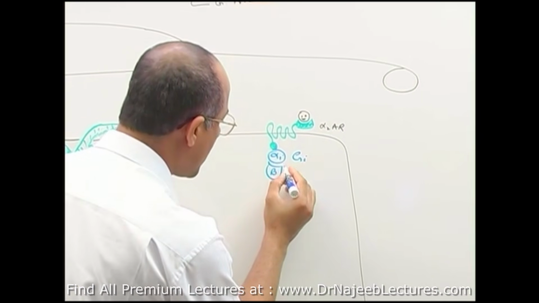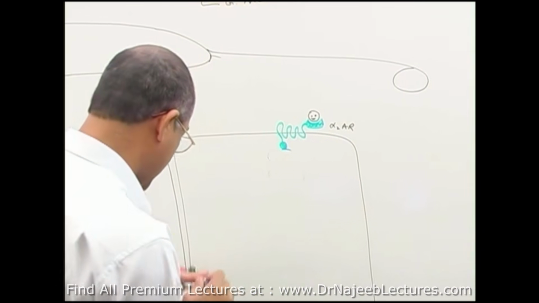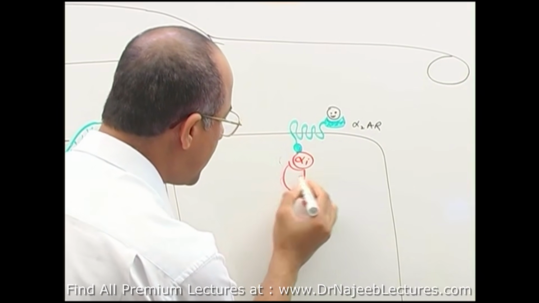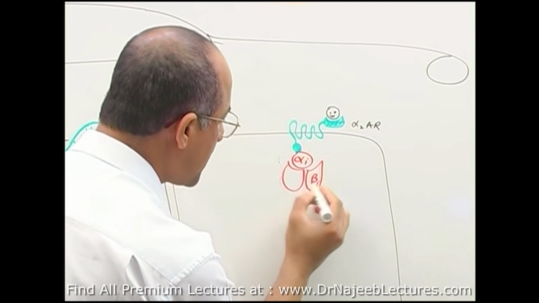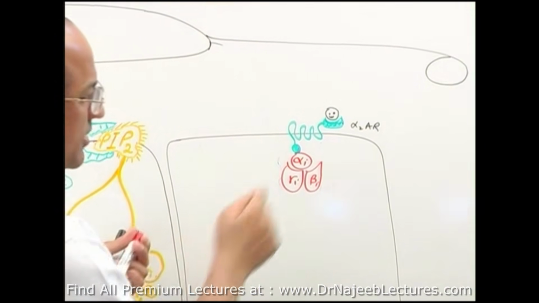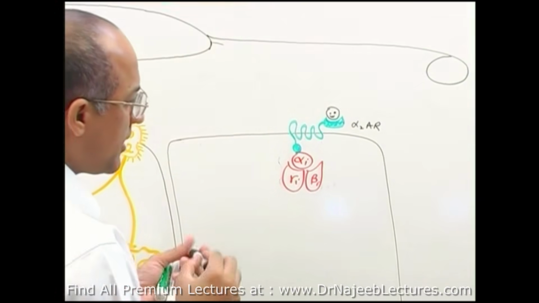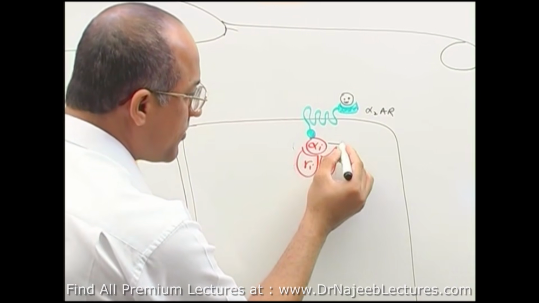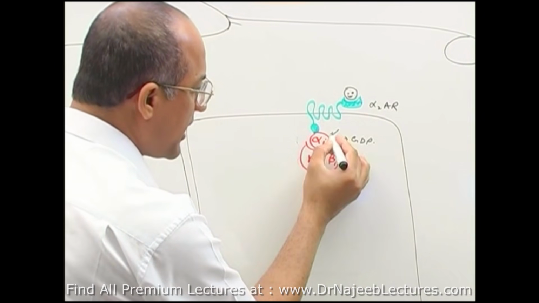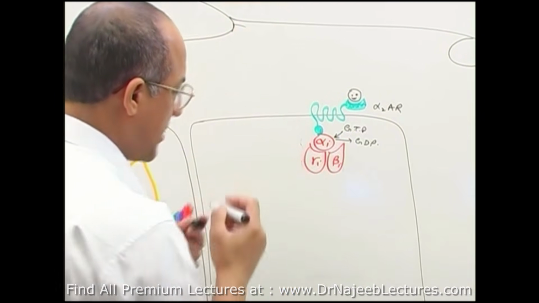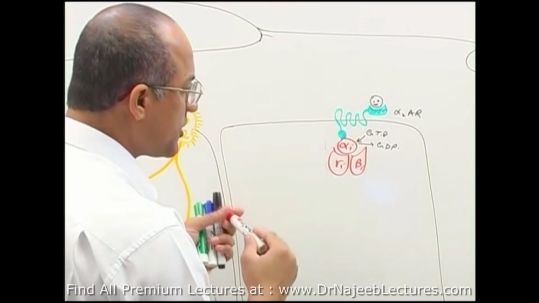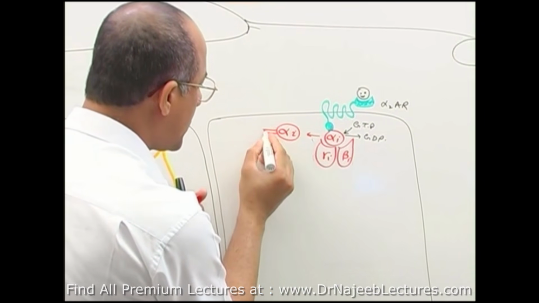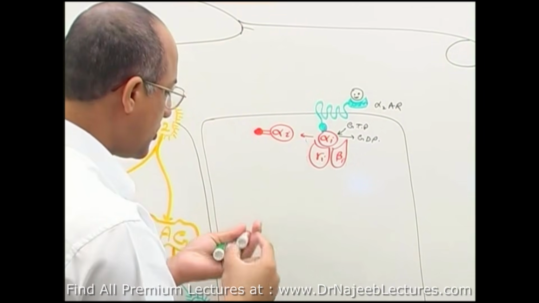and I think I should change the color so that you don't get confused, right? So G inhibitory has alpha inhibitory, with that it is having beta inhibitory and gamma inhibitory. So whenever the alpha-2 receptor is stimulated, the alpha inhibitory component of the G protein will lose the GDP and acquire the GTP, and now it will become energized and it will dissociate from its friends, right? Alpha inhibitory, which is energized, now it is activated, right? Because it is loaded with